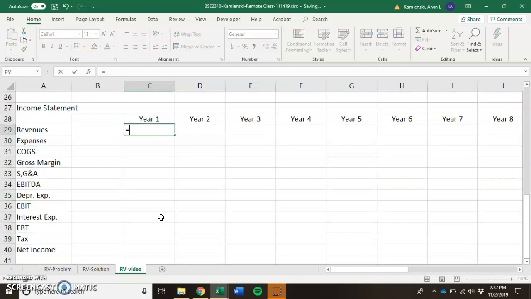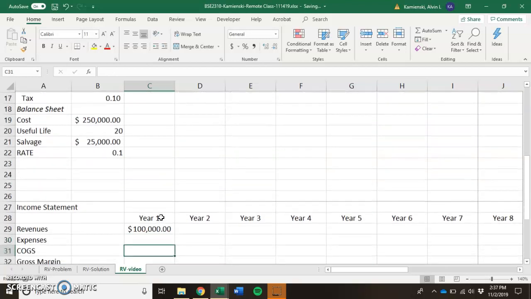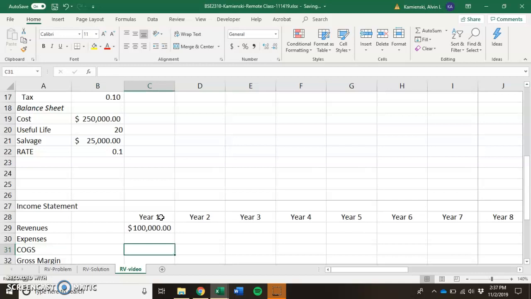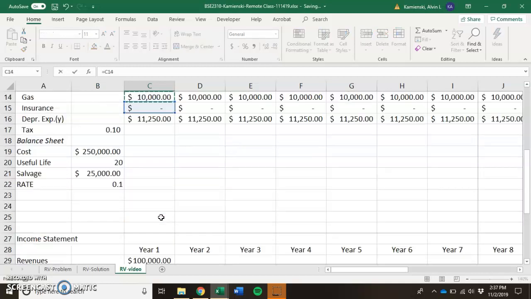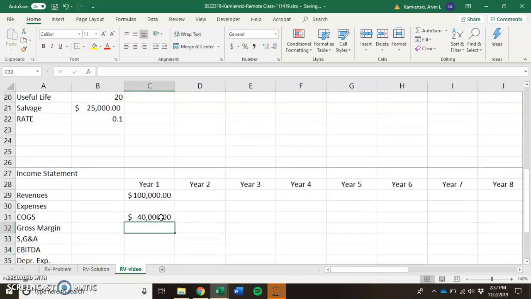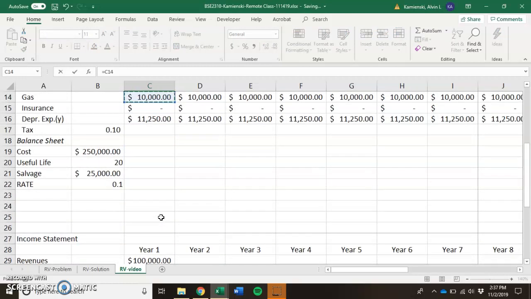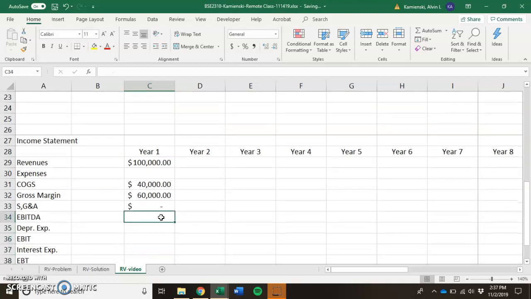So the revenues we had documented up above, so we can just point and bring in. Gas and driver, we can assume then would be a cost of goods sold. You can't run an RV without having a driver and without having gas. Start dropping in our individual subtotals. There is SG&A, which would be insurance, of which we don't have to worry about any, but we do have another subtotal of gross margin